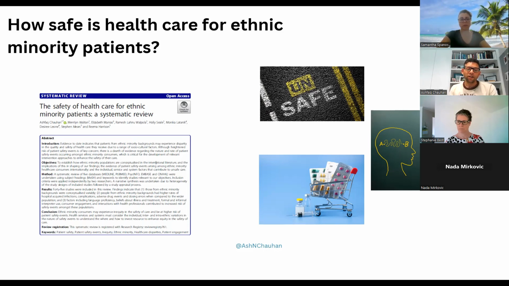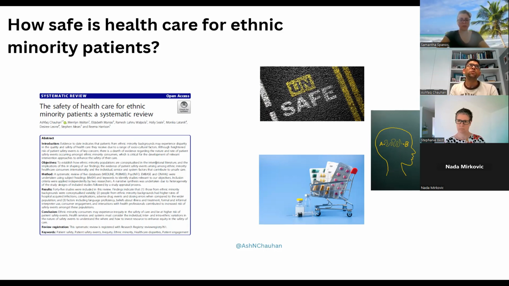Leading from this work, we did not identify any studies that looked at the nature or type of safety events that occur for people from CALD backgrounds in cancer services. There was no evidence around that, so we did a retrospective medical record review at 2 cancer services here in New South Wales to identify the common types of safety events among people from CALD backgrounds.